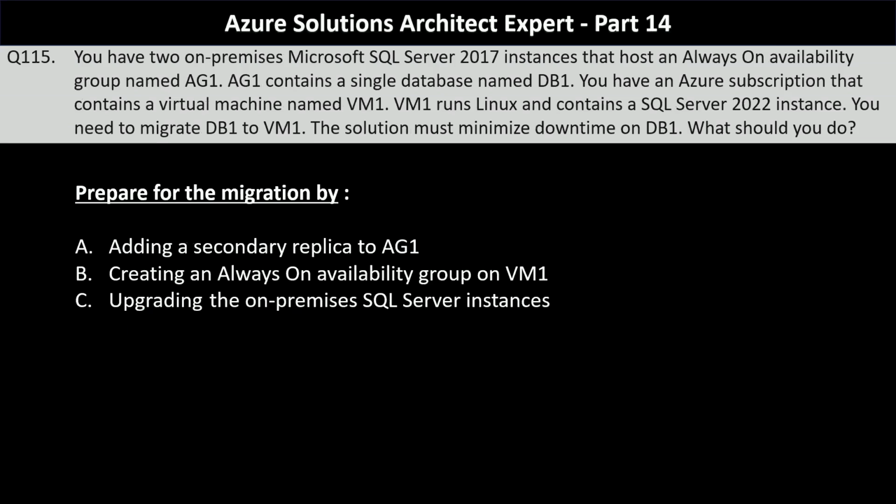Next question. You have two on-premise Microsoft SQL Server 2017 instances that host an always-on availability group named AG1. AG1 contains a single database named DB1. You have an Azure subscription that contains a virtual machine named VM1. VM1 runs Linux and contains a SQL Server 2022 instance. You need to migrate DB1 to VM1. The solution must minimize downtime on DB1. What should you do? Again, there are two parts of the question, and the first part of the question is